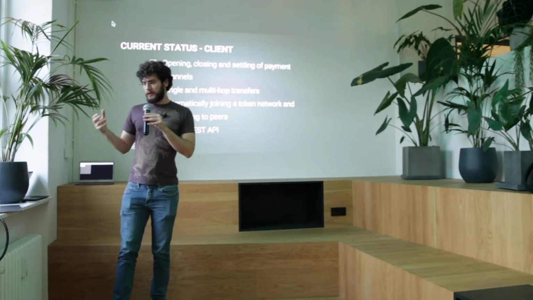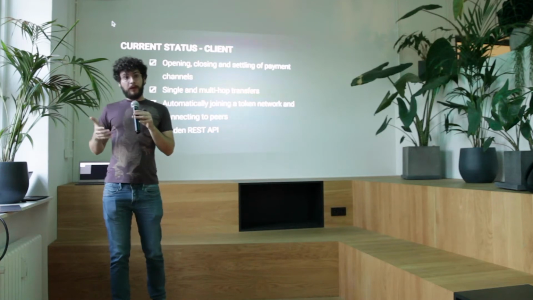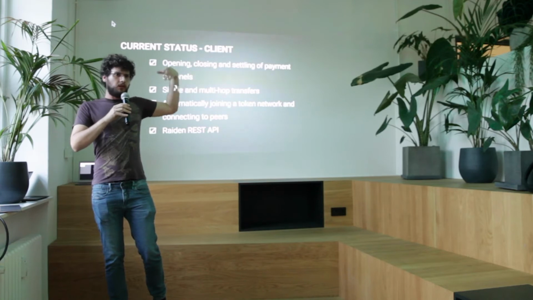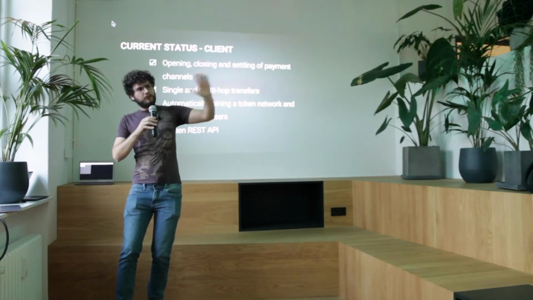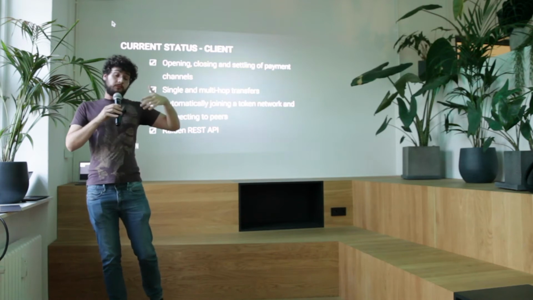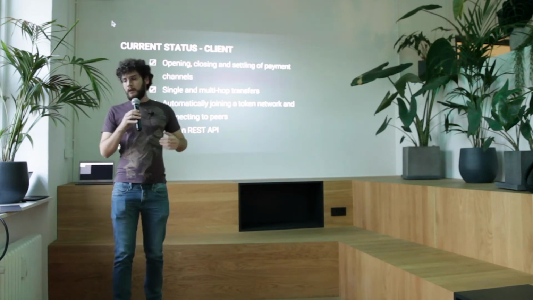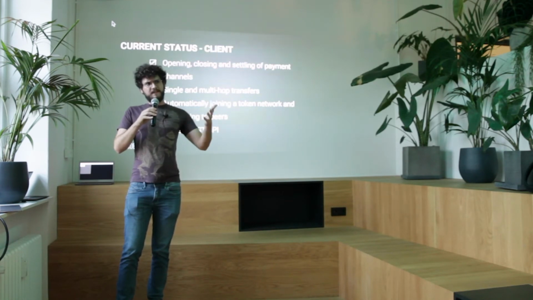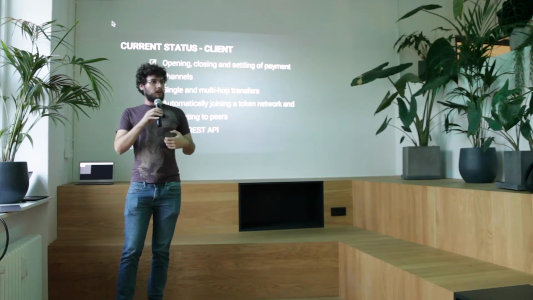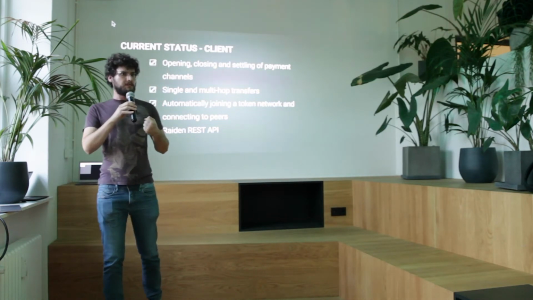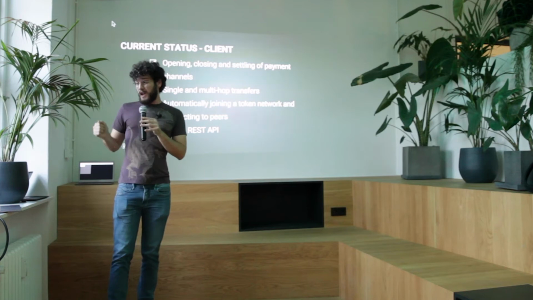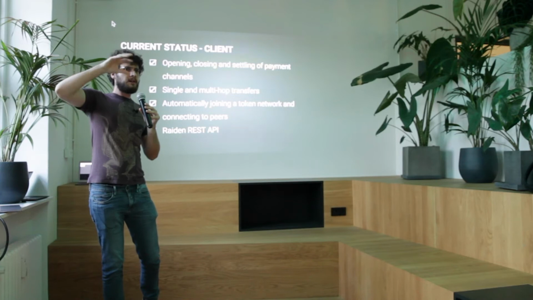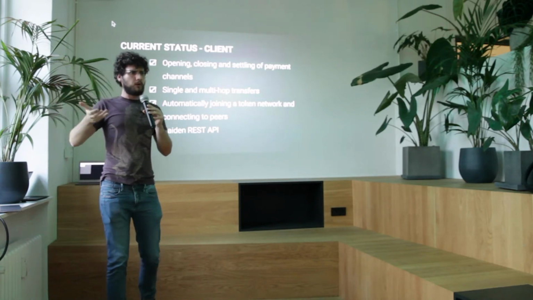Okay, so what is the current status? What can the client do? Right now, Raiden can manage the channels, the life cycle I was talking about before with the blockchain: opening a channel, closing a channel. We have dispute resolution that happens on-chain. That's crucial for the security of the system, and that's implemented. We also have some hot paths for optimization where we reduce the number of transactions you need to withdraw money from the smart contract. We have implemented single and multi-hop transfers that rely on the hash time locks I was talking about before. So the payment network is actually available and working.